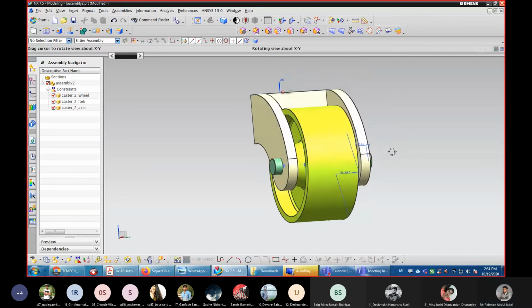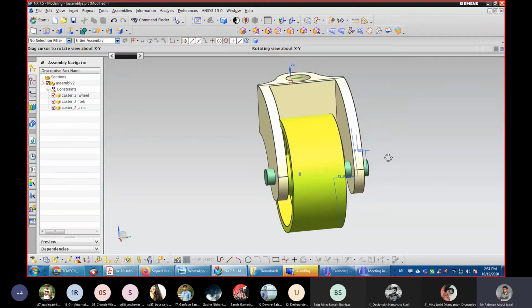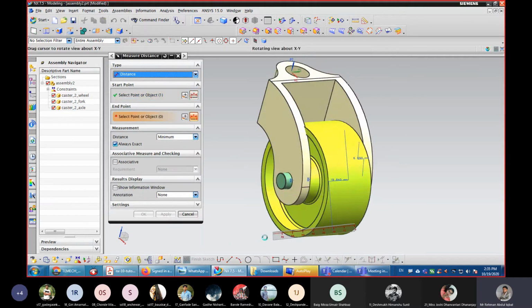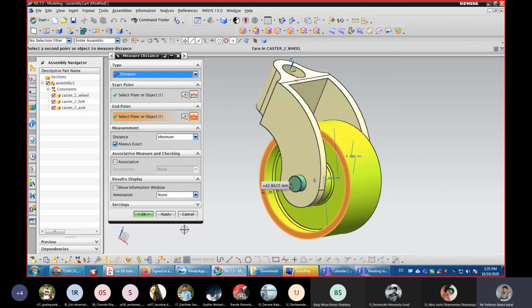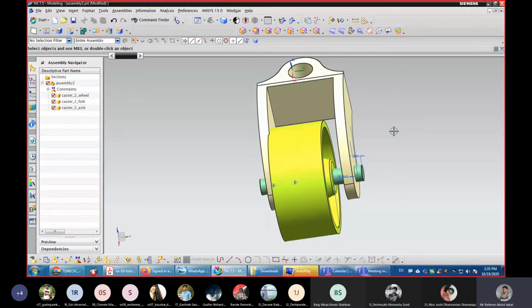Now you can see, I think we have done some mistake. कुछ mistake हो गया हमारा। Hmm. 69.85 minus 42.86 by 2 करो। 69.85 minus 42.86 divided by 2. 13.49. 13.49 ठीक है।